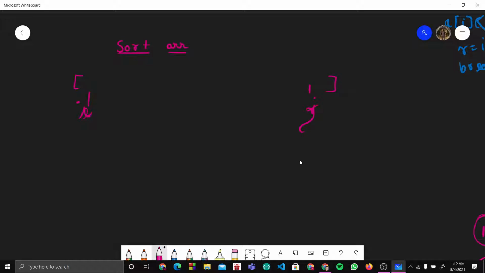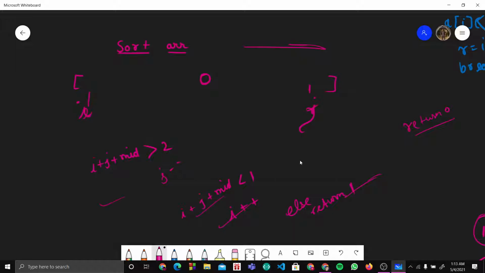Now we will add i plus j and the middle value that we have. If i plus j plus the middle value is greater than 2, that means greater elements are on this side, so I will just reduce j by 1, so it will be j minus minus. If i plus j plus the mid value is less than 1, in that case I will increase i. If neither is the case, it is in between them, so else I will return 1. If none of this happens, then in the end I will return 0. That's it, the question is done.